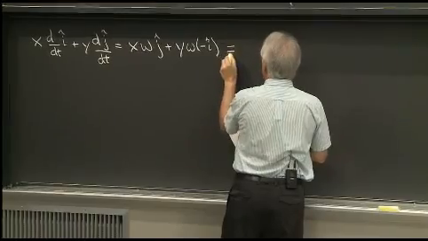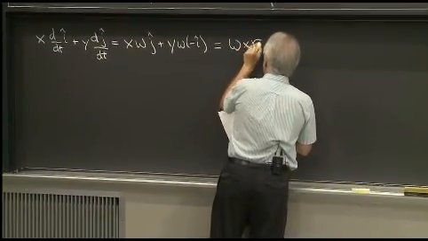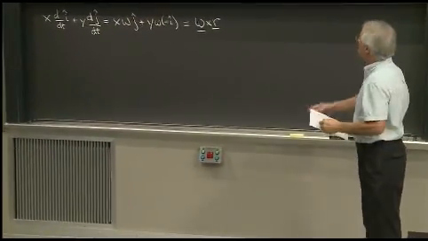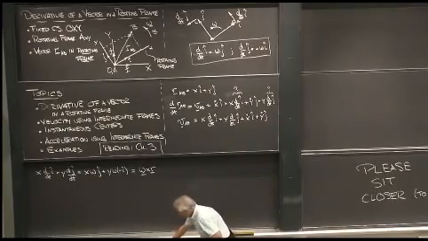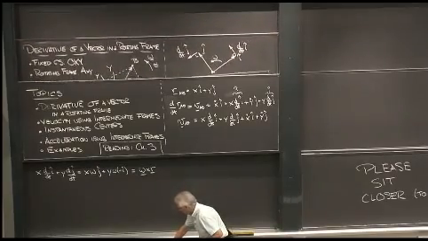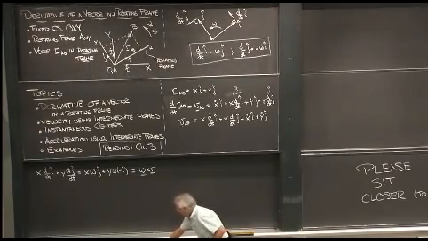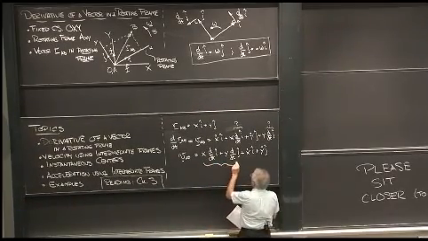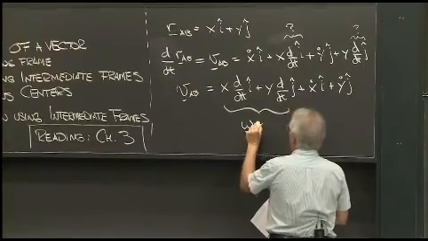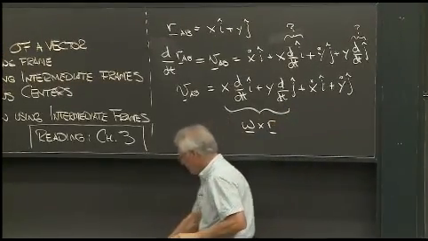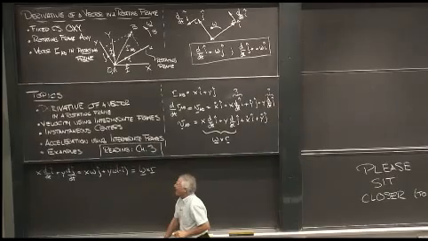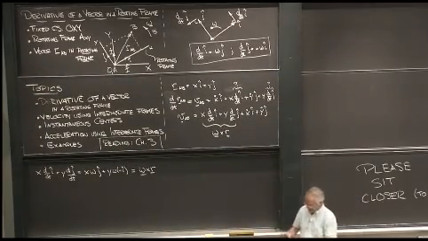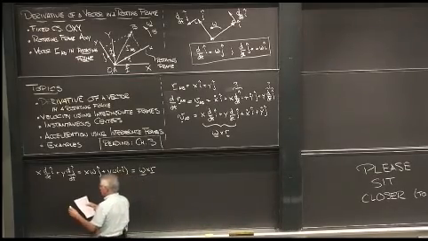And this is the point, all right, that these first two terms, these two guys right here, are simply that, omega cross r. Now, the second two, the other two,